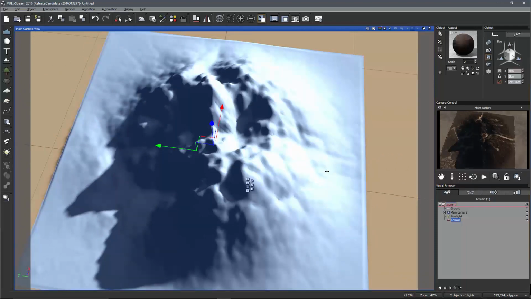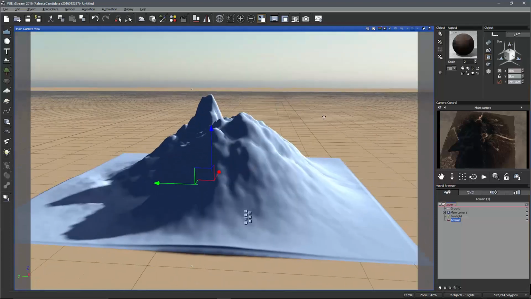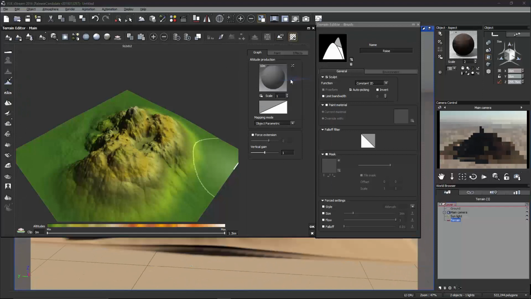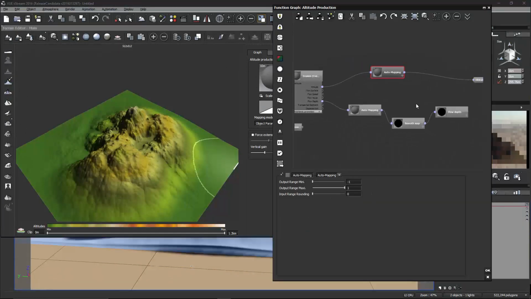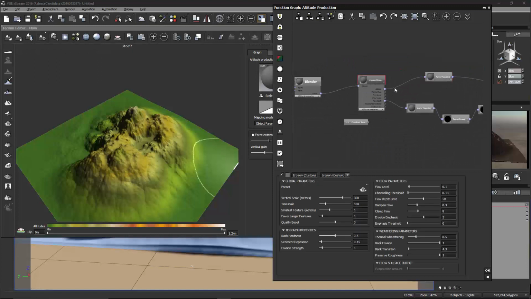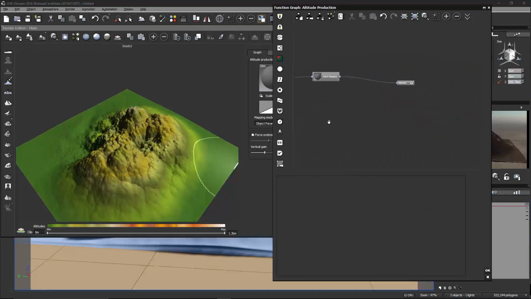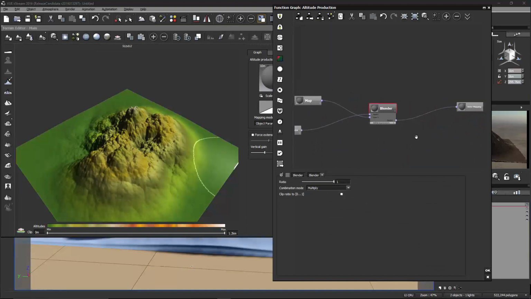There's a lot we can do with the erosion nodes, but I just want to do kind of a quick overview right now. So I am going to go back and we can take a look at some of the other Heightfield nodes that are available. Let's go ahead and just get rid of the erosion node. And we'll just get rid of the material control as well. Okay, so what else we could do